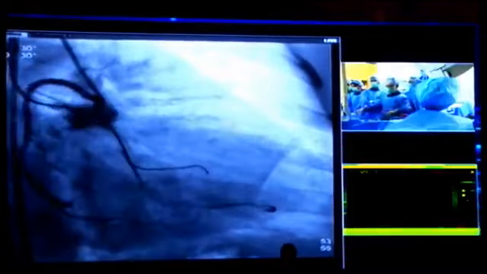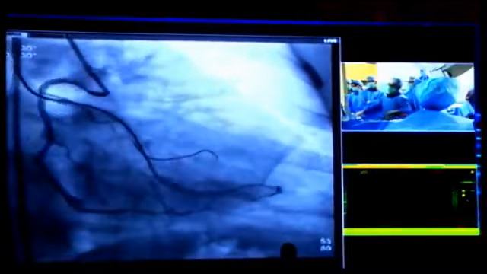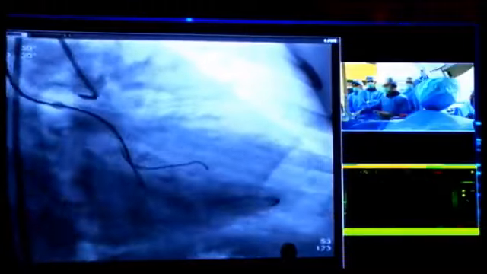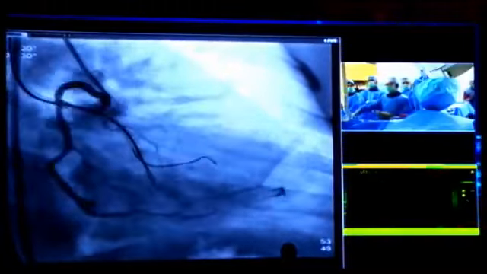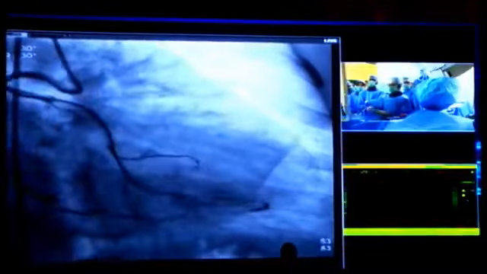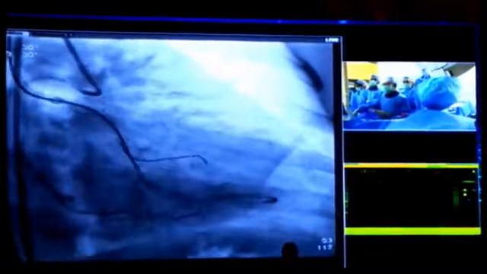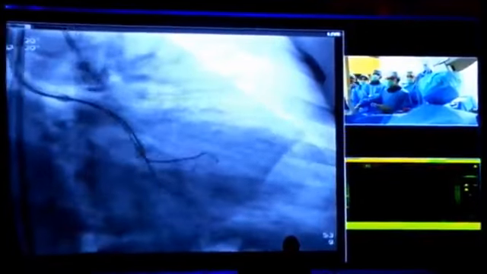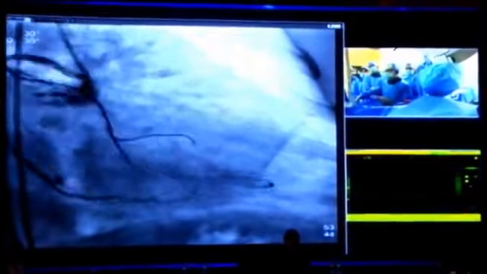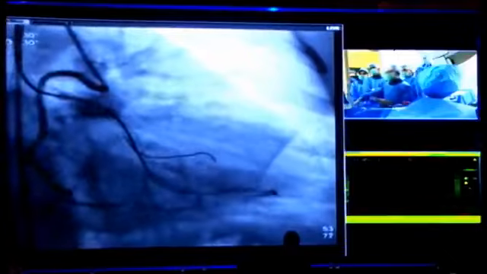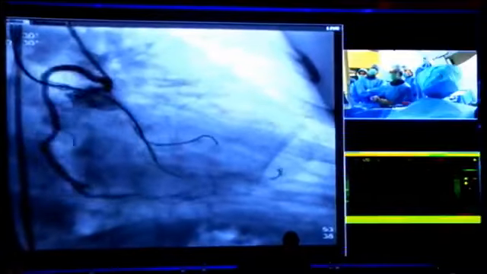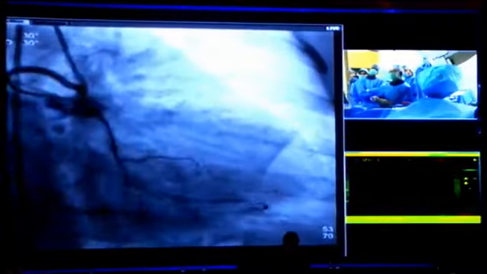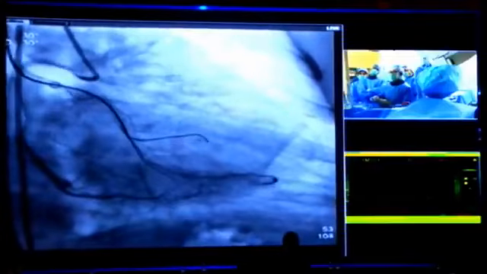The first wire advanced to a small branch, I don't know where, but this Gaia second wire passed through to the distal big true lumen. So I decided to additionally insert a guide wire, the Gaia third wire, using a double lumen microcatheter like this. As with the first guide wire and Gaia second, I checked